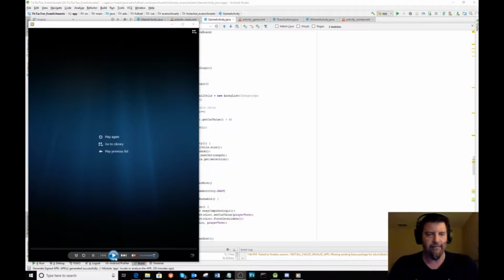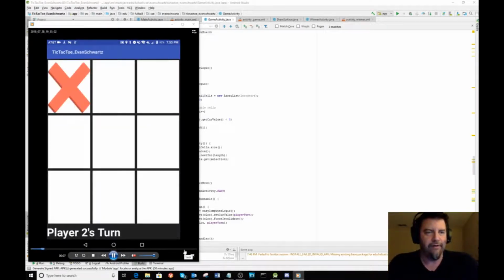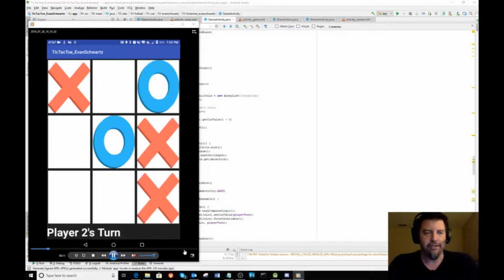So in this case, what I've done is I've just published the game to my device, put a recorder on the device, and recorded it. So I'm just going to speak to the recording. So this is the tic-tac-toe game. That's me pulling up the credits, and I'm playing the player versus player. So in this case, I'm both sides, X and O's, just going through the motions here and demonstrating that you